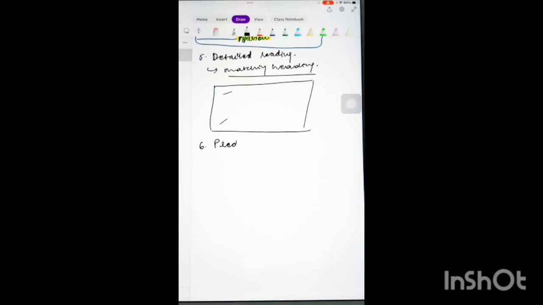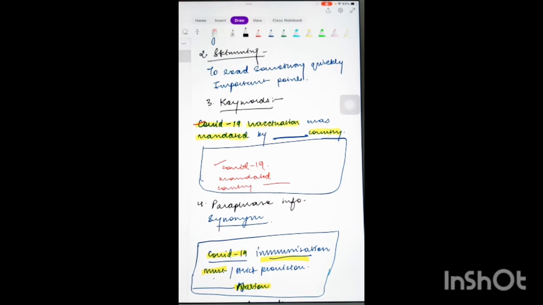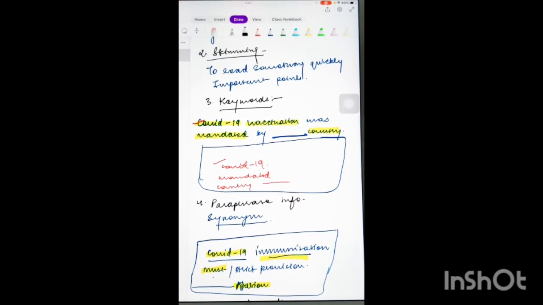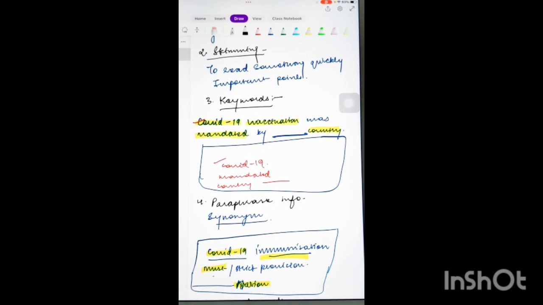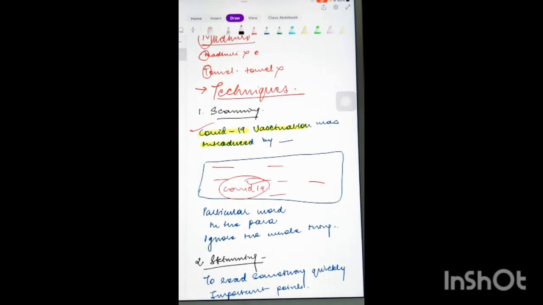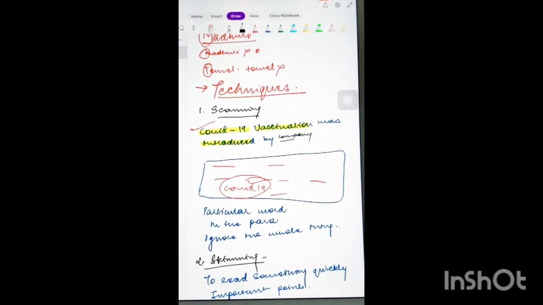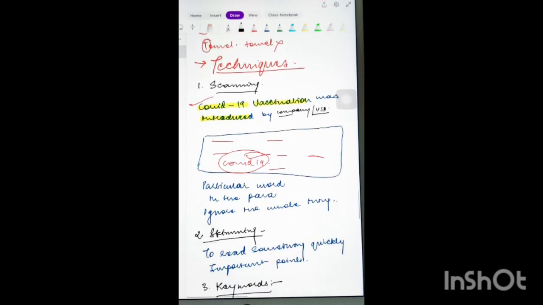Then predicting. Okay, so predicting means, before you solve the question, when you're reading the question, try to predict the answer. What happens is, for example, if I take this question, COVID-19 vaccination was mandated by dash. So obviously, then when I'll have to look for the answer in the text, I'll be looking at a country name. For example, I say USA could be my answer, or Europe could be my answer, or any other country for that would be my answer. Now, COVID-19 vaccination was introduced by. So I predict my answer ki either it would be a pharmaceutical company name or a country name for that matter. So, who is